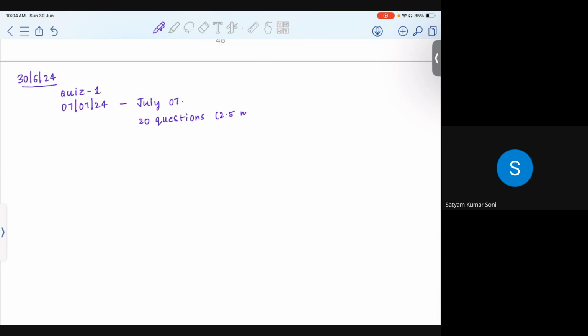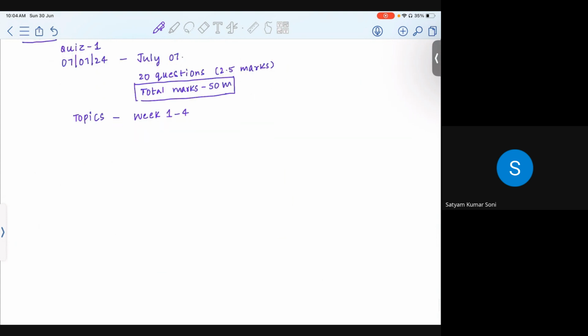So 20 questions, 2.5 marks each, and the exam is for 50 marks. Total marks is 50. The topics will be from week 1 to 4, and mainly the focus will be on time shifting,